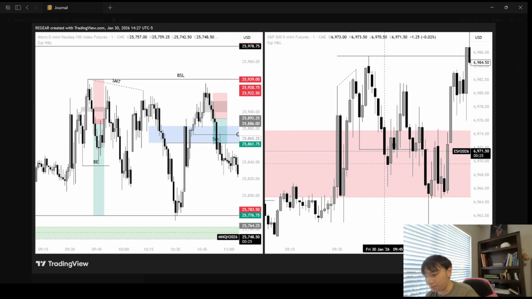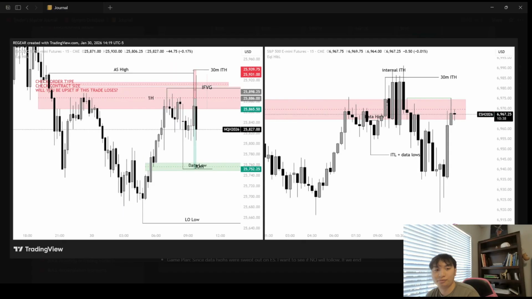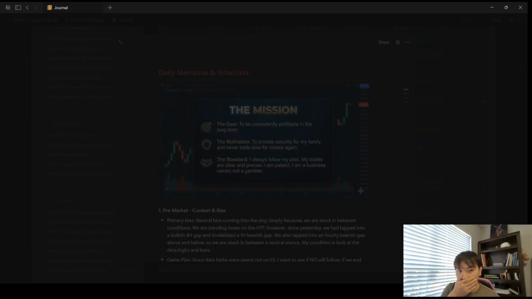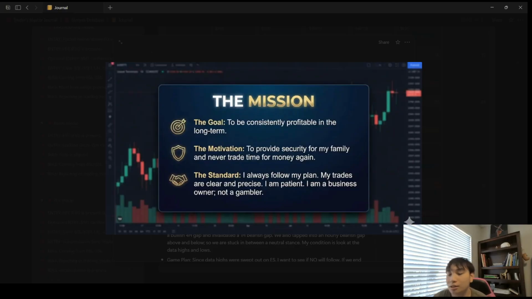But yeah, that's basically really all that happened today. I'll be honest, it sucks, but I think at the end of the day, we just gotta remember our goal is just to be profitable in the long term. For me personally, coming into the week, I started off pretty weak, but now I actually entered a trade that I was confident in, and it sucks that I got break even, but it is what it is. We just got to keep finding good setups and keep back testing.